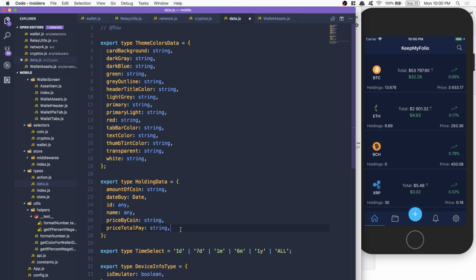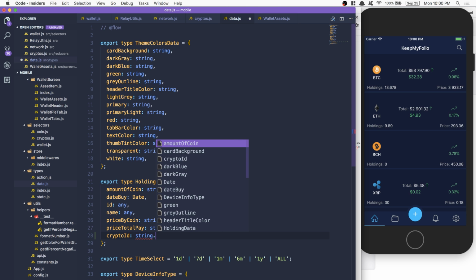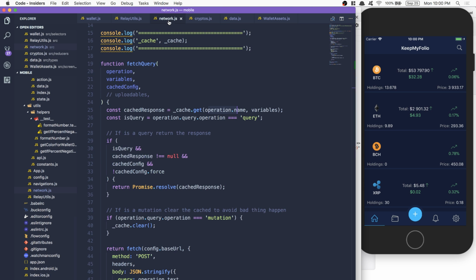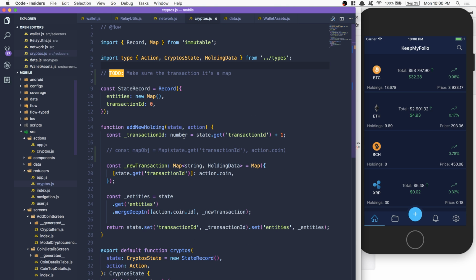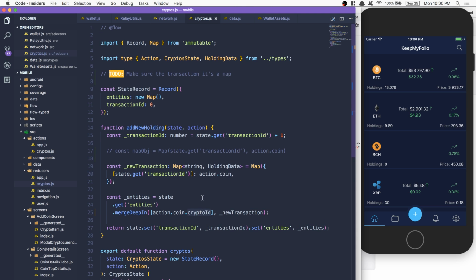Okay, so I'm going to say crypto ID. This is going to be a string, but now I'm going to change this ID here to be a string too. And name is going to be a string. Now all my crypto is going to work. When I add a coin here, I'm going to say that crypto ID, and now also have,